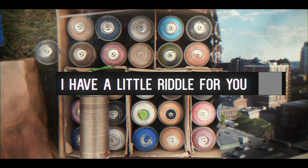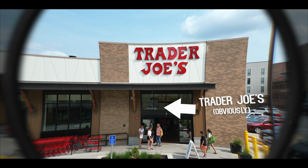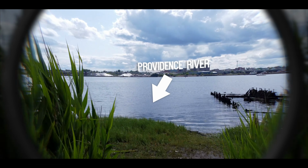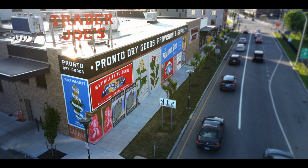Let me start with a little riddle for you. What happens when you combine a talented artist, a Trader Joe's grocery store, and the Providence River in Rhode Island? Well, you get this. A mural so beautiful, so detailed, so filled with history that I just had to make